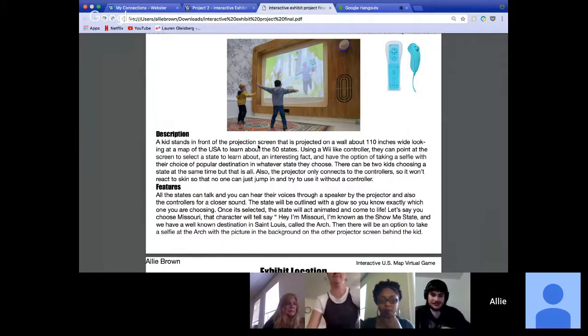Here we go. Okay, so basically it's going to be projected on a wall. I googled how big it would be for a normal size, and it's 110 inches, like a wide screen. And then you'll use the Wii controller to move around.